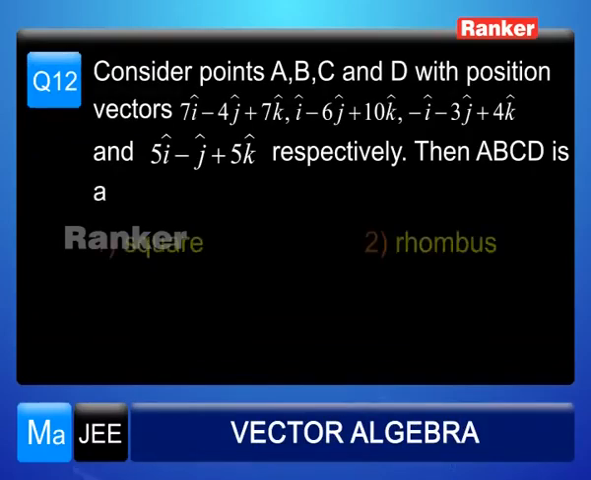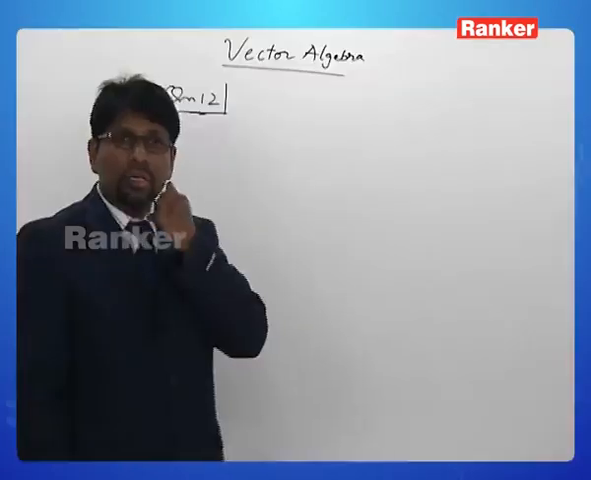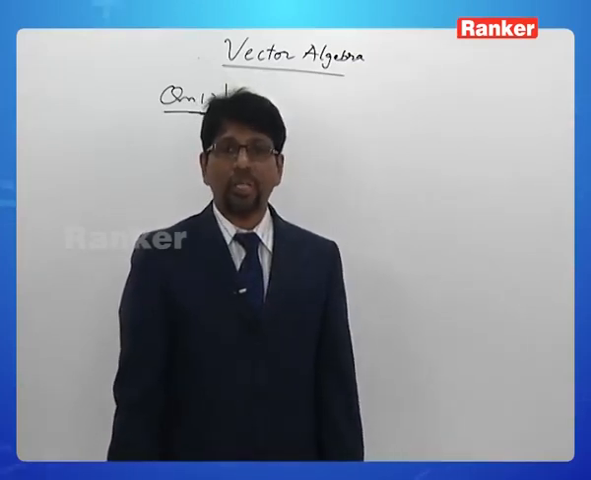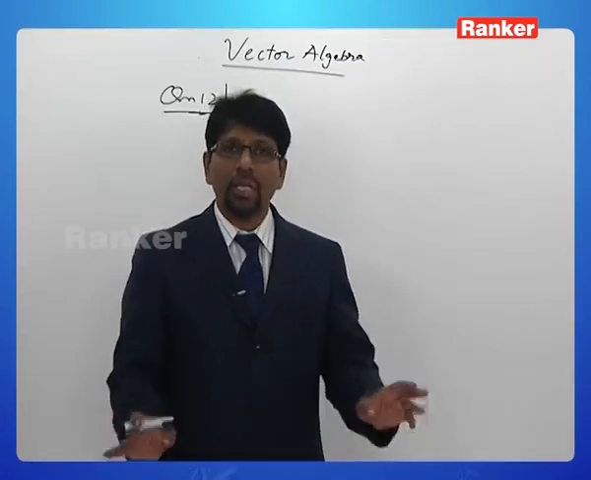Consider the points a, b, c, d with the position vectors 7i minus 4j plus 7k, i minus 6j plus 10k, minus i minus 3j plus 4k, and 5i minus j plus 5k respectively. Then a, b, c, d is: first option a square, second option rhombus, third option rectangle, and fourth option none of these. Now let's have a look at these options. Option 1 says a square, second option says rhombus, third option says rectangle. All these three are actually